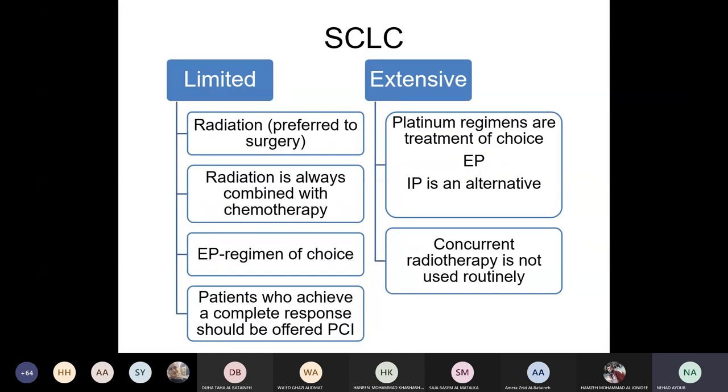Now we said that in small cell lung cancer surgery is usually not a cornerstone option. In many cases the tumors are not resectable or operable. So we rely mostly on radiotherapy, definitely with chemotherapy. Chemotherapy is always there, but surgery is rarely doable. So we consider radiotherapy especially in cases of limited disease. If the patient has limited small cell lung cancer,